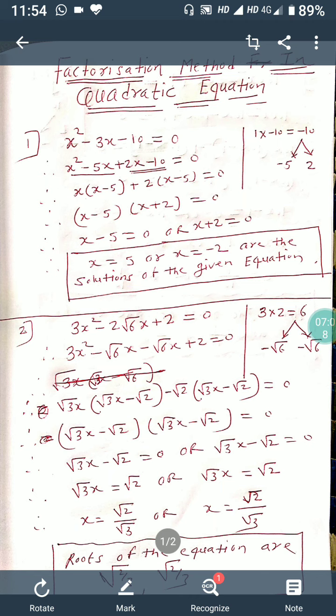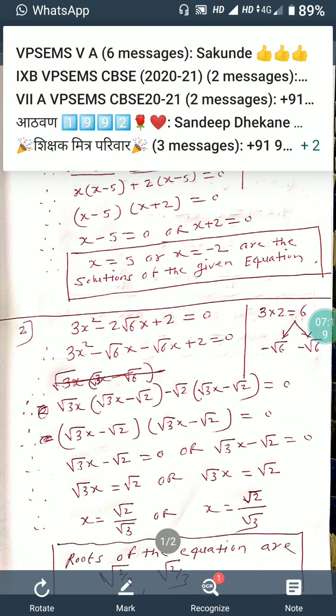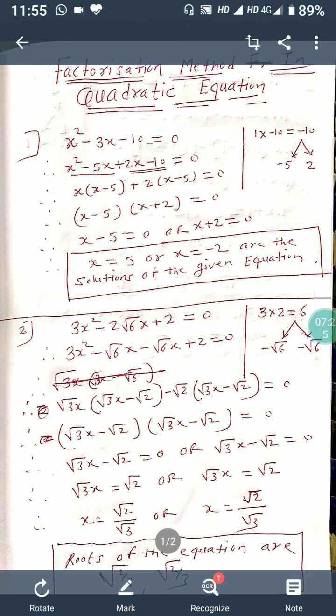Again, as I told you the rule, from the second group, in order to get the multiplication root 6 and 2, we have to take negative root 2 as a common. So negative root 2 into bracket, again the same bracket is repeated, root 3x minus root 2, bracket complete, equals 0. Here you will feel it is a little bit difficult to decide, so with the help of practice you can understand that.